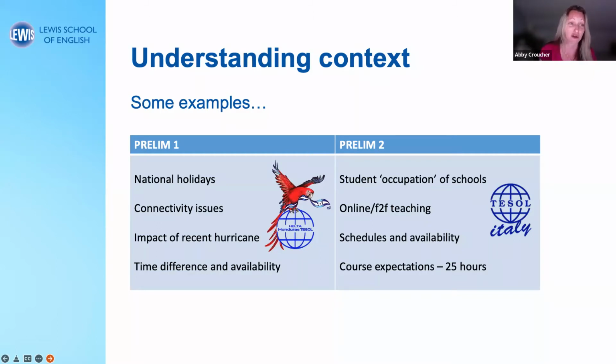They had just had a hurricane, which delayed a few things. That was very important to understand and to know. And obviously the time difference needed to be accounted for. So that had an impact on when